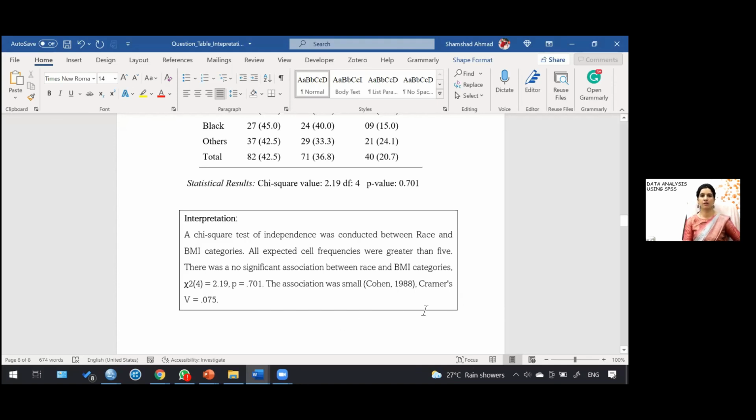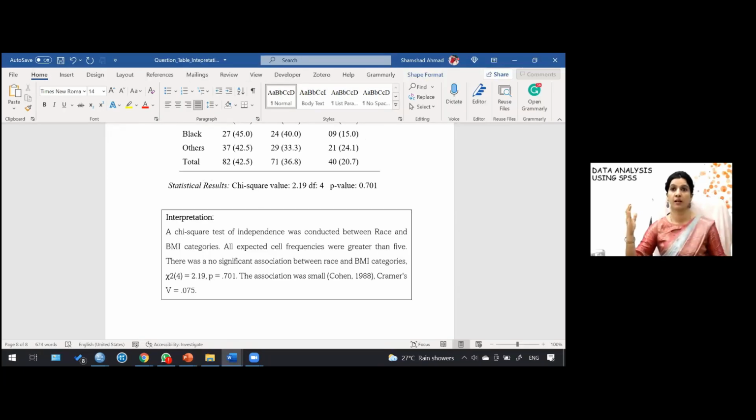So this was the interpretation of 2 by 2 table, 2 by 3 and 3 by 3. You can have more numbers. And if in case you are having a cell frequency expected less than 5, then there are two ways. Either you can report the value of Fisher exact, or you can club the category. So many a times we advise our students to club the category.